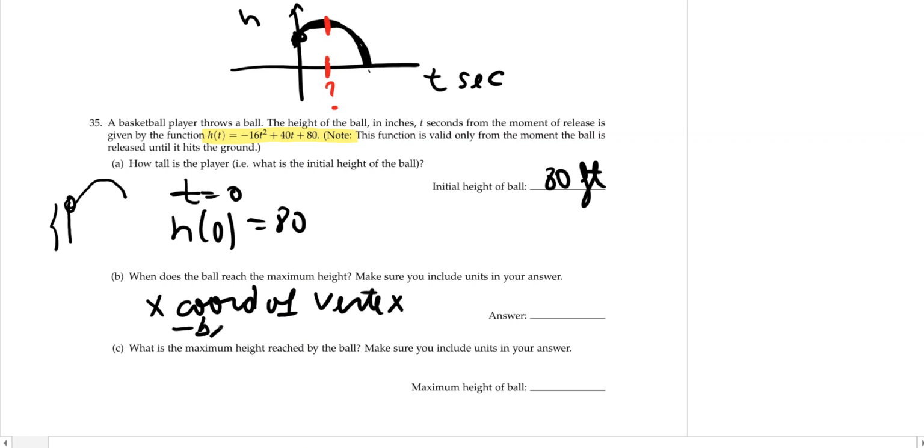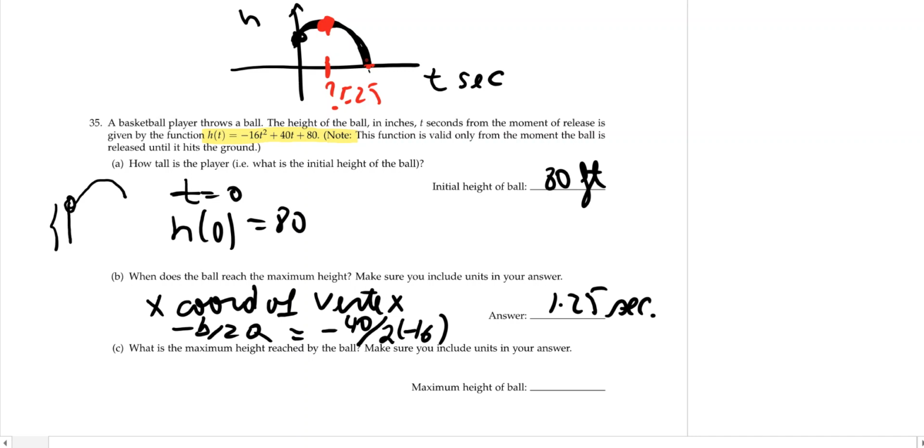So it's negative b over 2a, but b is 40, so negative 40 over 2 times negative 16. If you plug that in your calculator, you get 1.25 seconds. So after 1.25 seconds, the ball reached its maximum height, and then after that it comes down until it